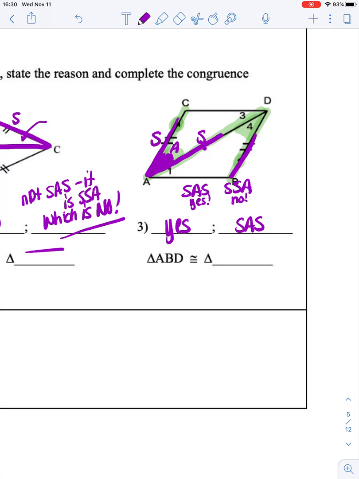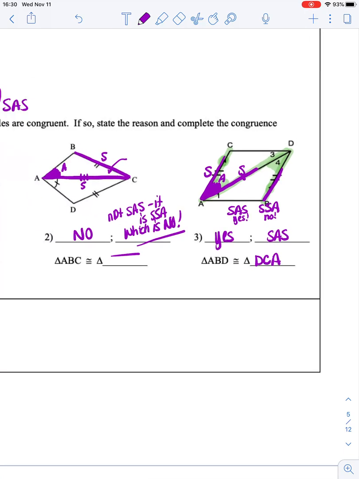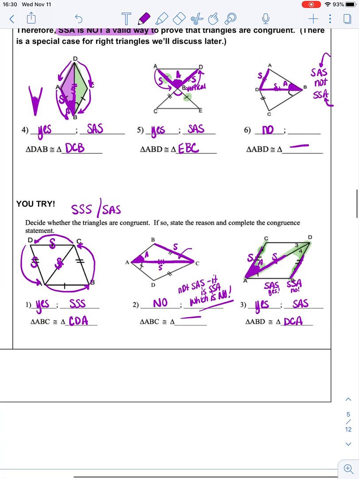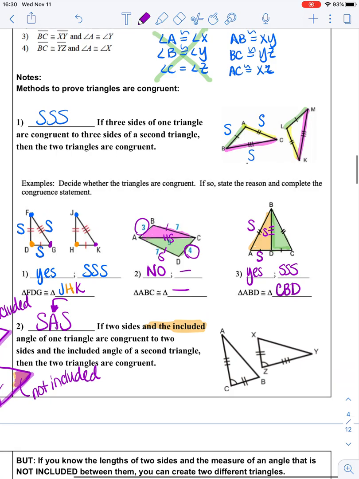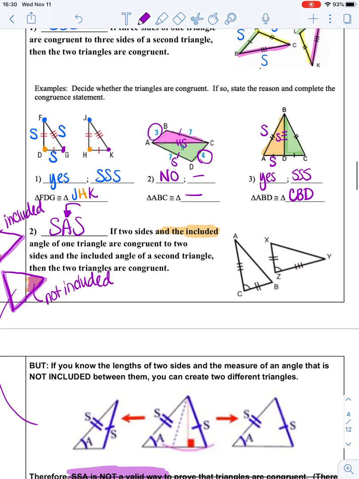And A, B, D, so look at how they're marked. A, B, D is congruent to D, C, A. So you just look at your markings with how you're going to match everything up. So we have two ways. We don't have to have all 6 pieces of information. We only have to have 3, but we do have to have 3 of the right pieces in the right order. I can have 3 sides of one triangle congruent to 3 sides of another triangle and know that the